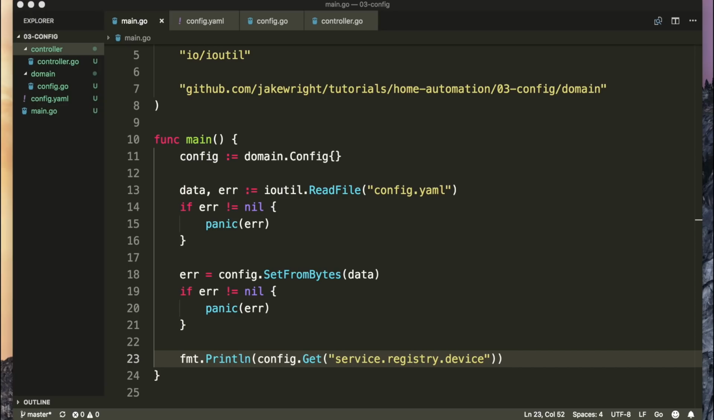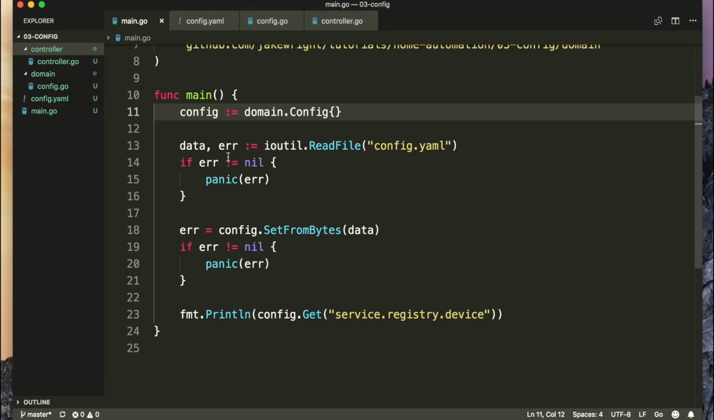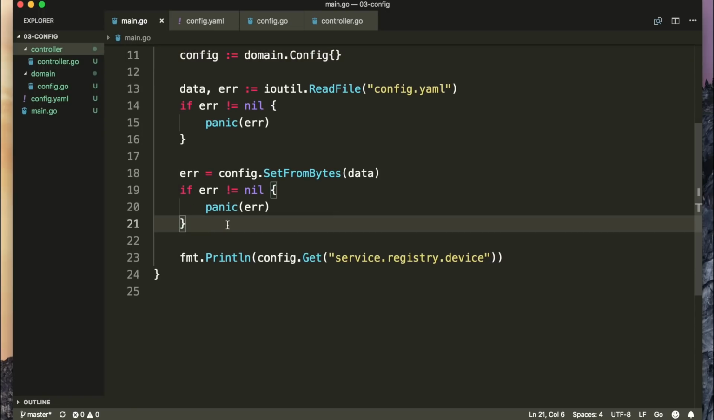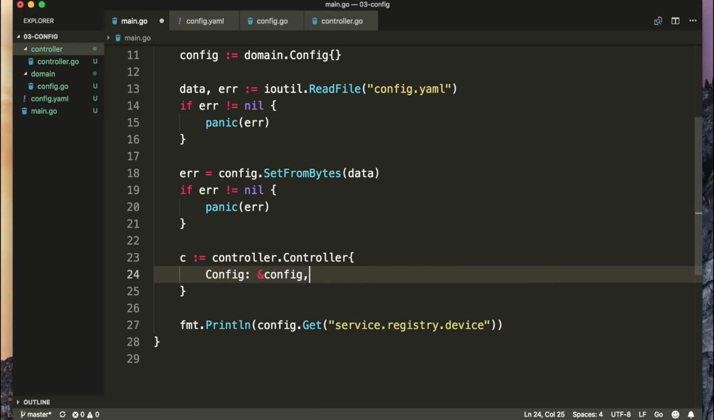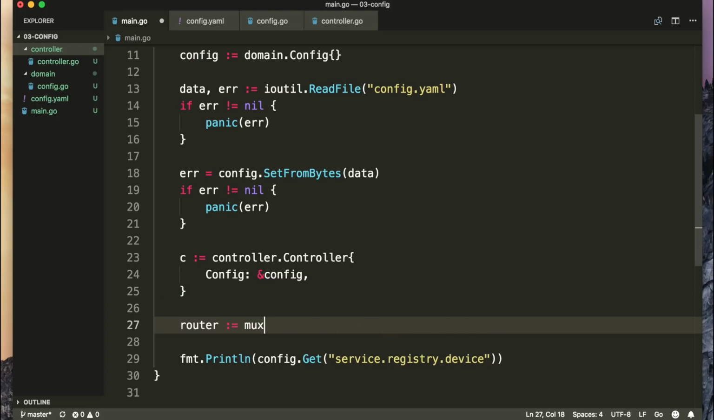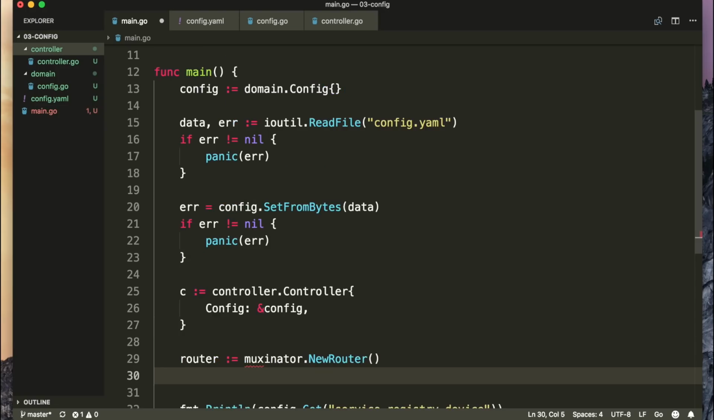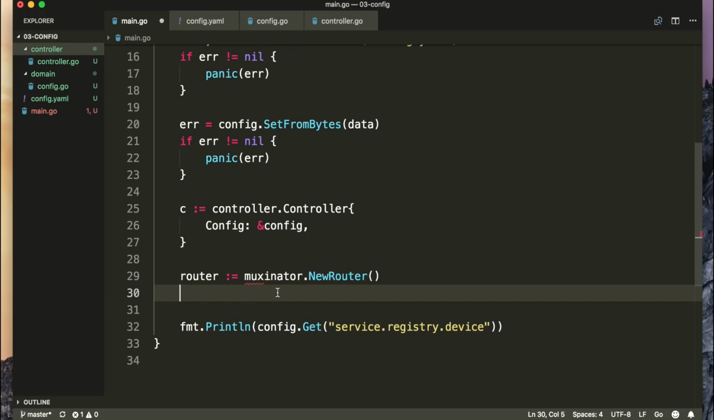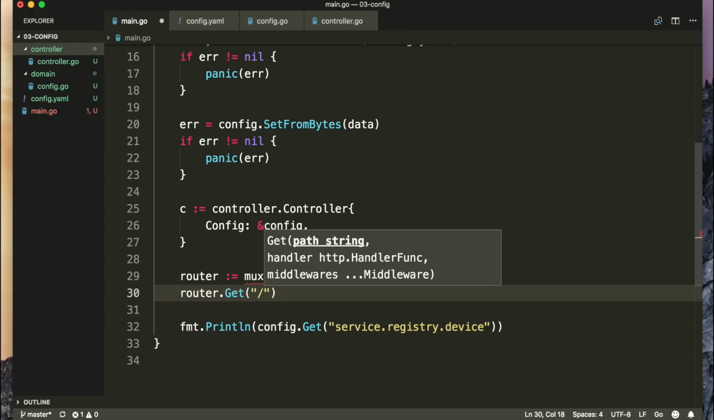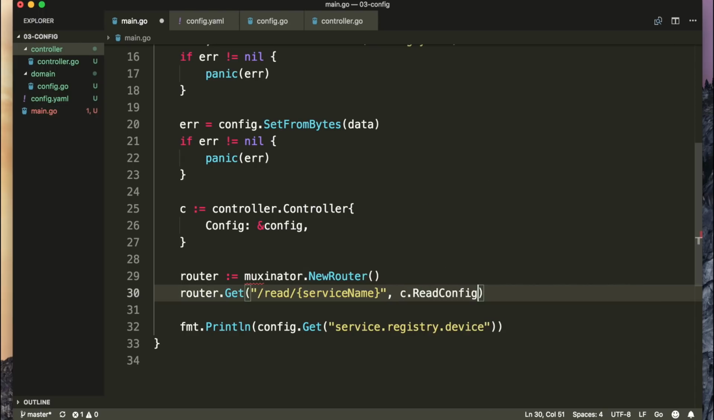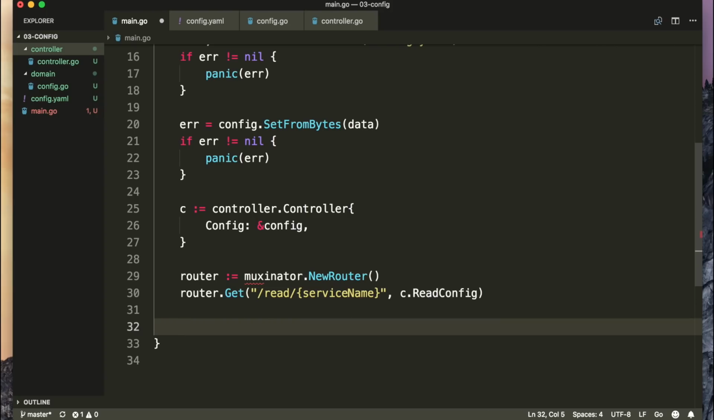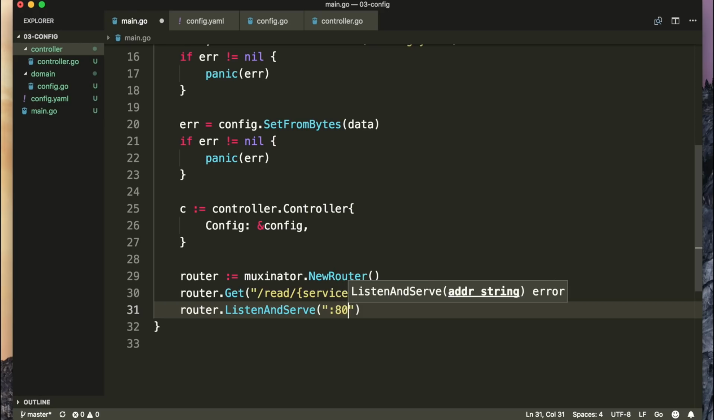In our main.go file, we can connect all of this up a bit more. So we create the config object, read from YAML, set the config from the resulting slice of bytes. Now we want to create one of these controllers and pass in the config to it. I'm going to use a package that I wrote, which is actually just a really simple wrapper around a couple of other common packages in Go for creating an HTTP router with middleware, specifically Gorilla Mux and Negroni. But it makes it super simple just to do new router, then router.get to add a handler for a GET request. So we can have this URL parameter called service name. The handler is the read config function that we just wrote. So if we delete this bit at the end and instead do listen and serve port 80